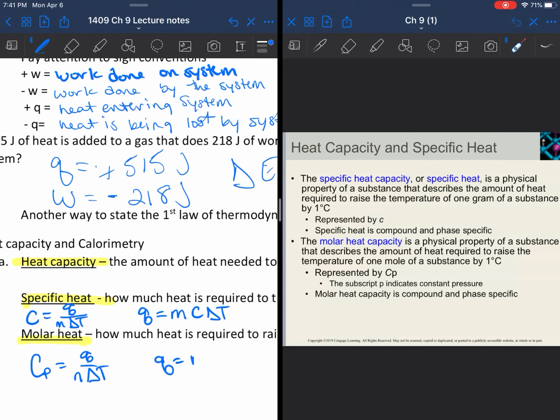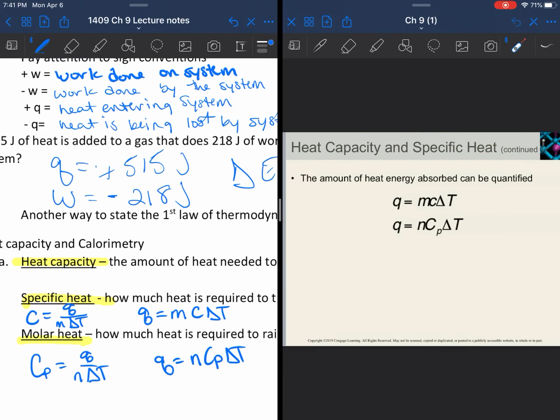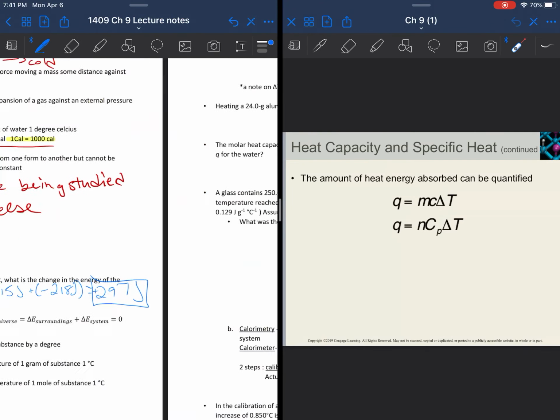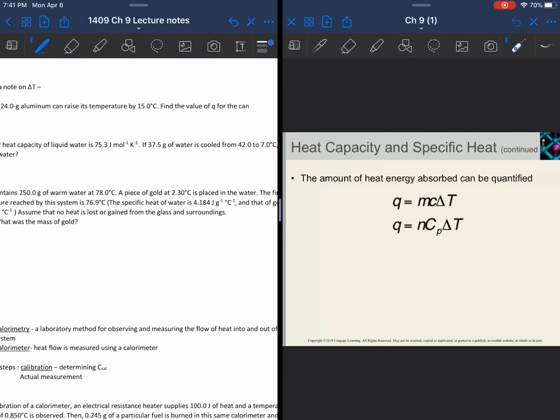So you're going to see n instead of m. n, if you remember from your gas laws, is going to represent moles. You can also rearrange this one to get q equals n Cp delta T. Now, these are the equations that we are going to be manipulating, talking through calorimetry, and working through these next